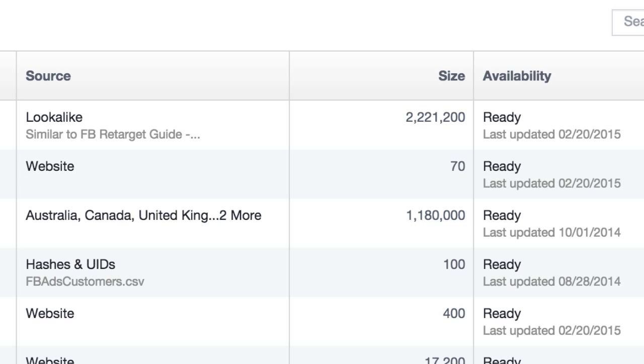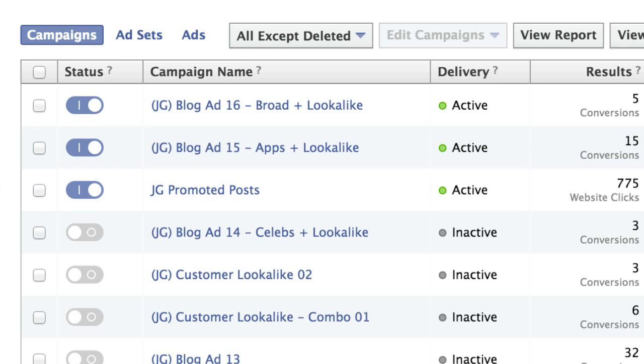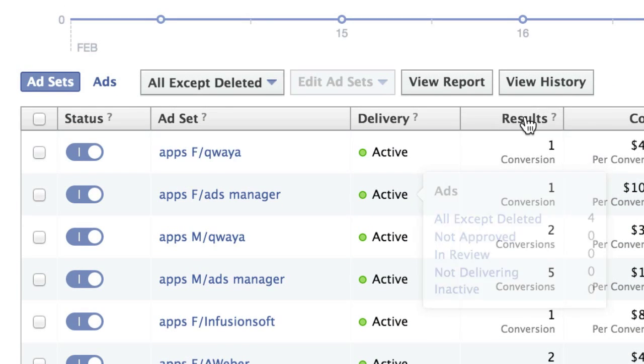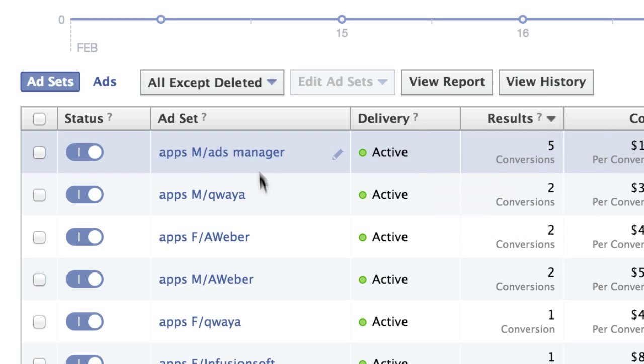So let me go back here now, and I'll walk you through and show you what I did after I created that audience. So if I go into Apps, and let me do By Results. Ads Manager created a sale. I think so did this one and this one. So if I go into Ads Manager,